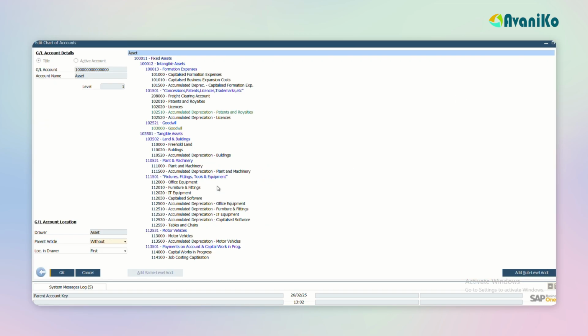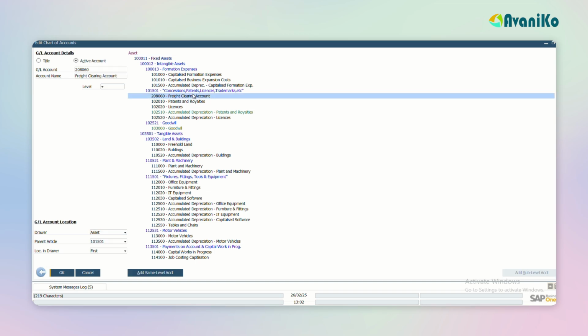You can see that the freight clearing account has been mapped. It should have come in liability, but it is showing under asset. So I'm moving this freight clearing account to the correct liability account. So I'm going to the drawer called liability.